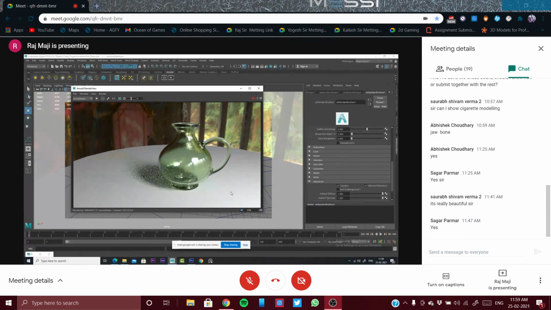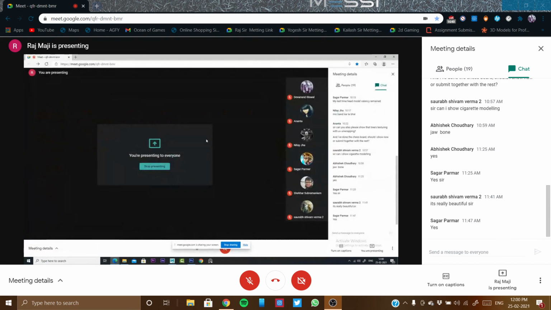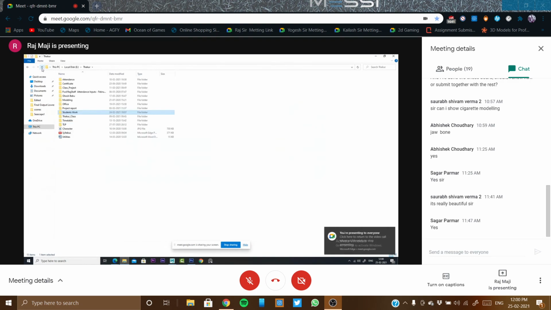Okay, so this is it for today. I wanted to share how to create a transparent object by using Arnold. And you can create beautiful glasses out of it. So it will take too much rendering time, and it will give a good result, but it will take too much rendering time for now. So let's stop it. Guys, I guess you got the point.